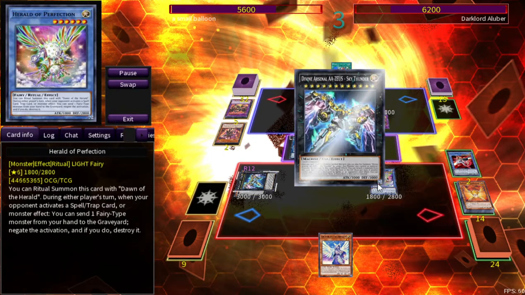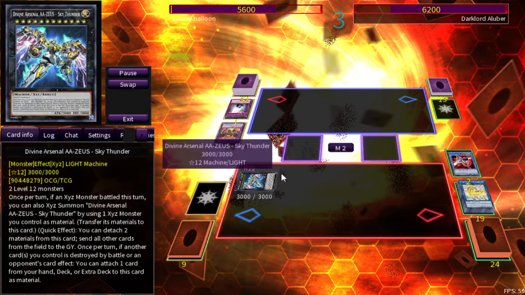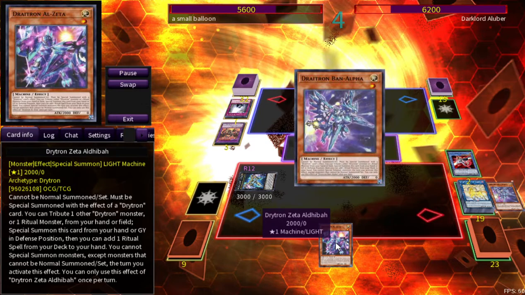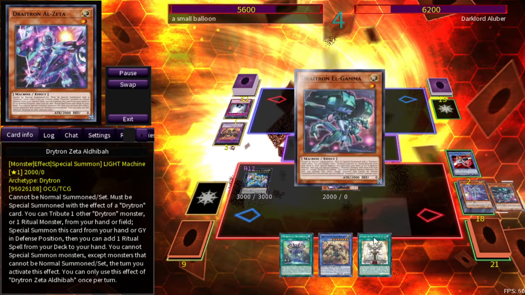He's going to go into the battle phase, getting over the Herald. I'm kind of keying in on that. He tries to negate the effects, but I'm just going to send all of these. So this is banished now. I top deck a Zeta, which is super nice. All you need is one Drytron name, right? And you've just completely went through your entire plays. I can send that. I can go into the...